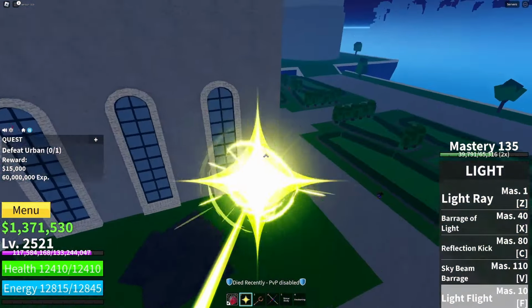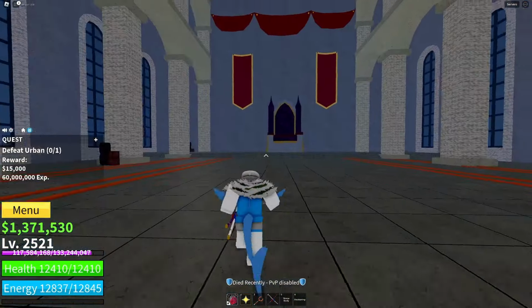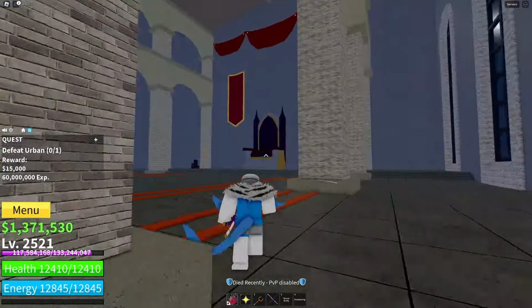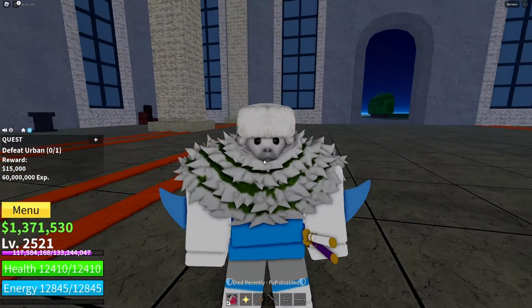Once you have all 3 of these activated along with the chalice, bring the chalice inside the middle building of the castle where the throne is, and take it to this altar. Once you place it, Rip Indra will spawn. Just so you know, you will need a group of strong players to beat this boss, since he is really